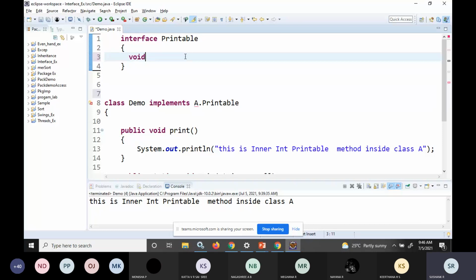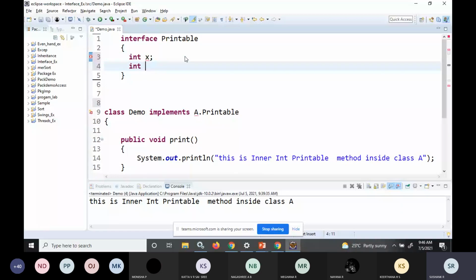See, I'll just declare a variable, integer x, integer y. So if I declare a variable without a value, I will get the error. Why? Because I should give some value. If I am declaring only the variables and I'm not giving any value, that indicates it doesn't have any value, or it might have some junk value also. Then what is the use? So somewhere you're going to give some value for that.